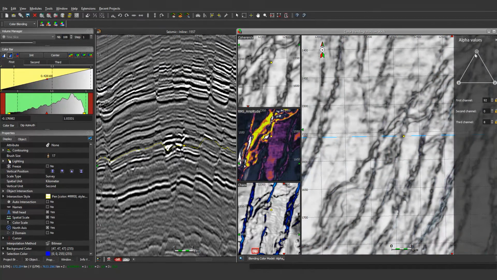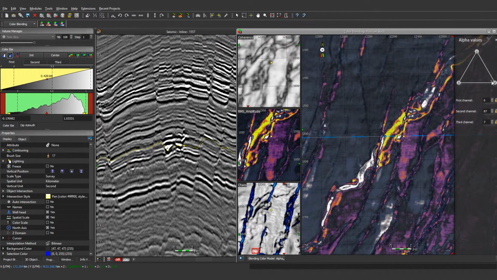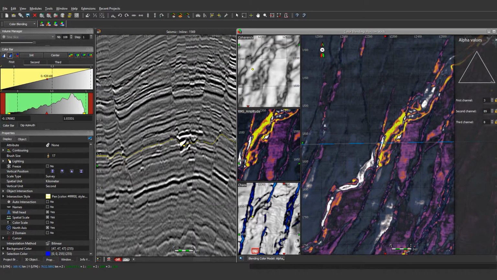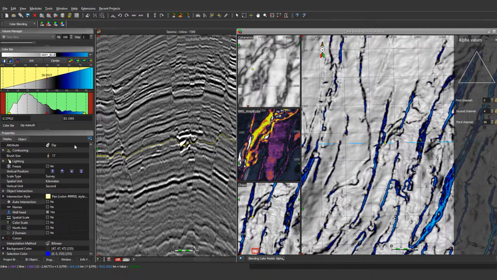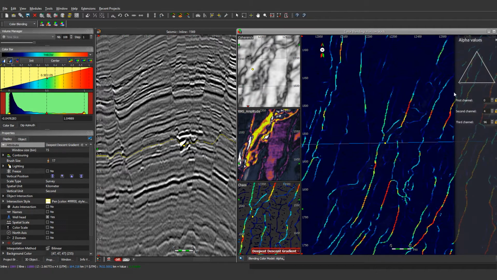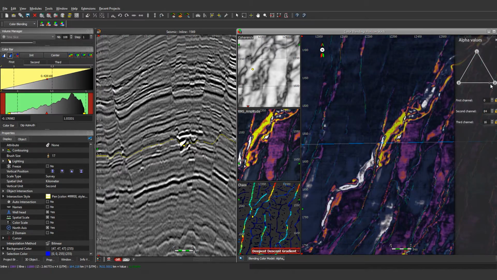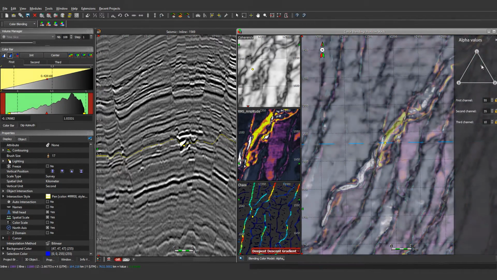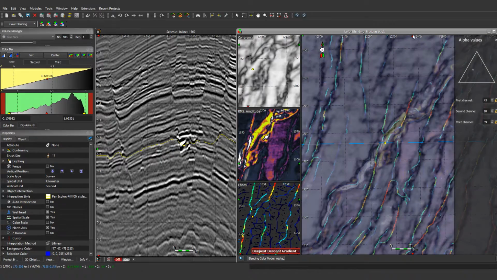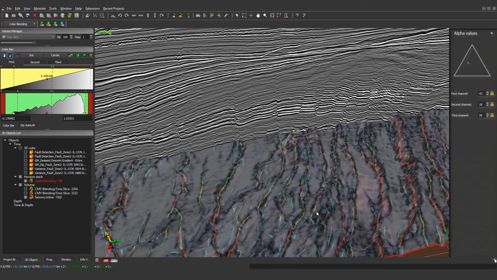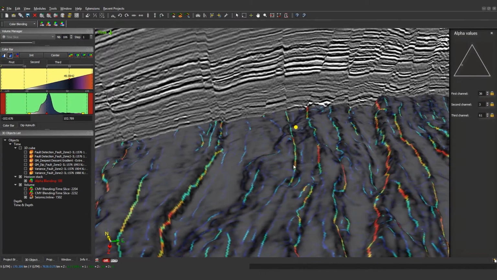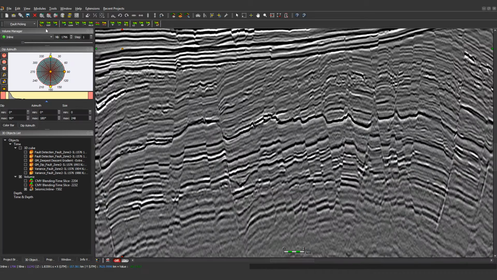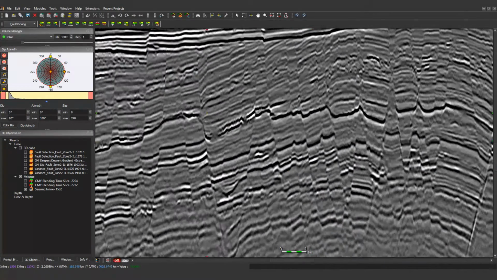And by using this way you can change the attributes and the color bar from one attribute to the other one just by sliding this point onto the triangle right here. So here I'm just, for instance, showing the steepest descent gradient, the RMS amplitude, and also the variance on the same surface, which is at the reservoir level. So this exercise can also be done in 3D, where you can mix the three types of information the same way, and then use the color blend with the three colors like this, and of course you can see clearly the main fault with the reservoir level.